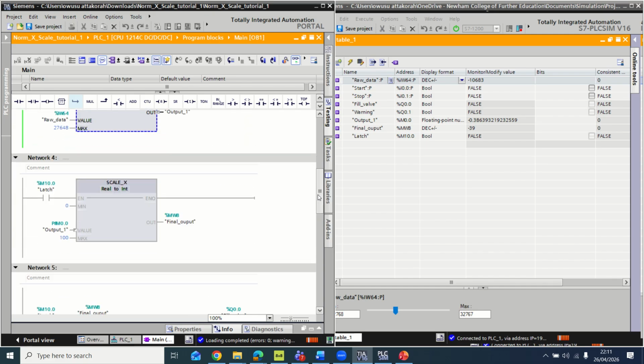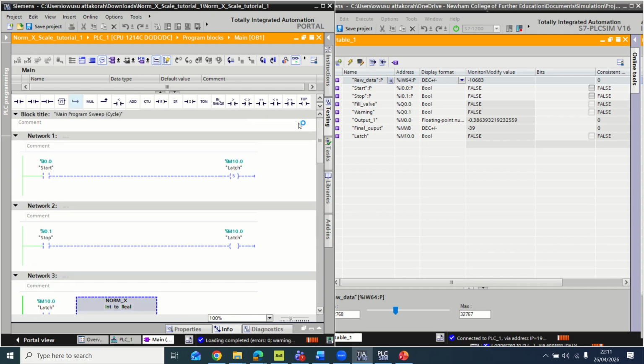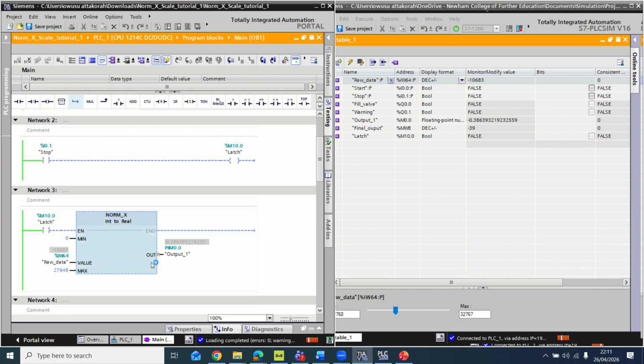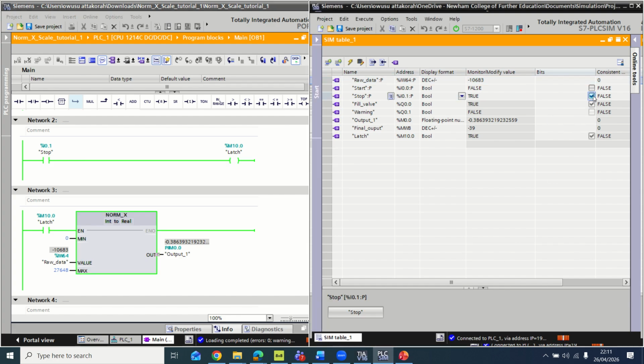Let's see if there is something already here, but I'm not sure. Yes, so I haven't turned my start button on, and I think I've already got some figures here, but let's see what we've got down here on this, if it's showing something. It's not, because I haven't turned my start button here on, and this is my start button here. So if I turn the start button on,